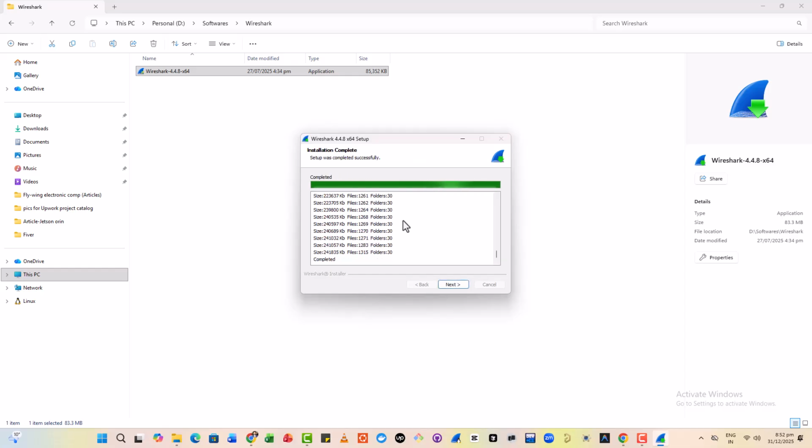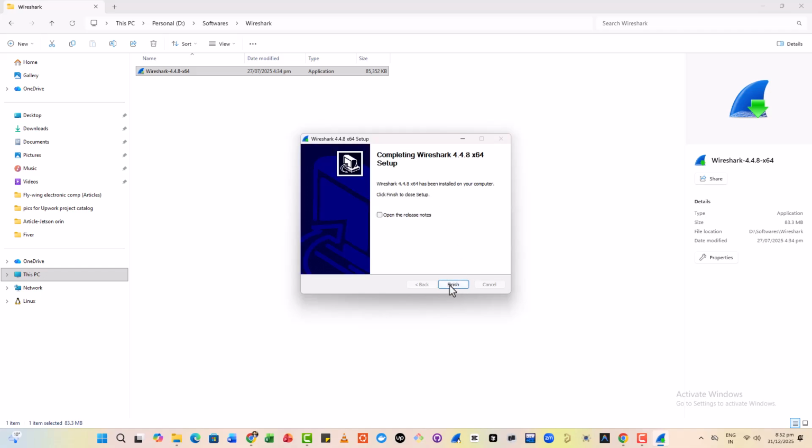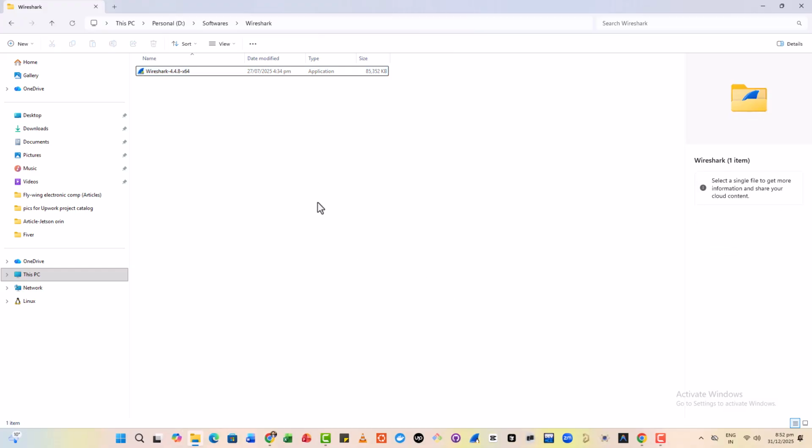So now here you can see that our installation has been completed. So we will just need to click on this next, and now we click on finish and our Wireshark has been installed. So this is the icon of Wireshark. So when you click on it,